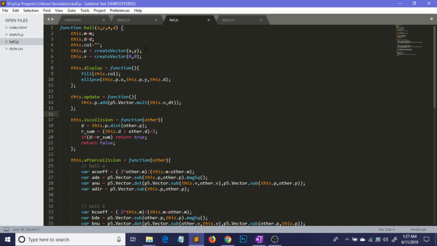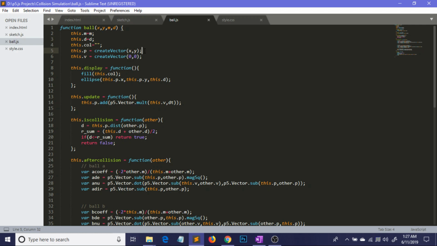Okay, so this is how you can make a class in JavaScript, and this is just the basic syntax of function, ball, and a couple of arguments, and then the description. So it is very clear to understand that m denotes the mass, x denotes the x position, y denotes the y position, and d denotes the diameter here. Okay,